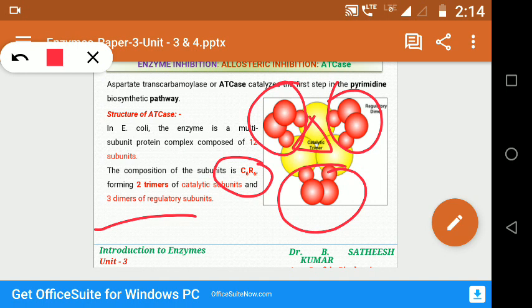And the regulatory subunits bind allosteric modulators. In this case, CTP is the end product. So therefore, CTP acts as inhibitor and ATP acts as activator, because the